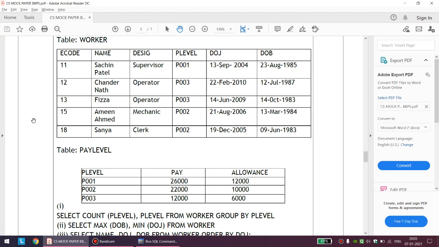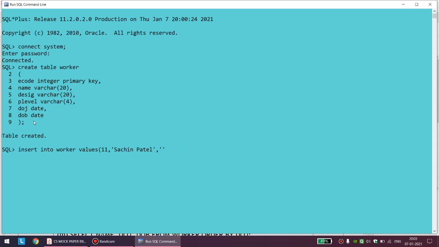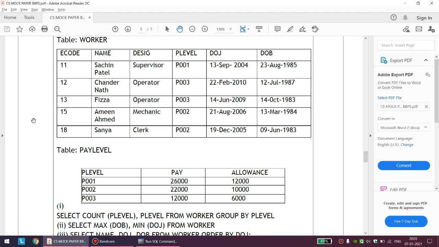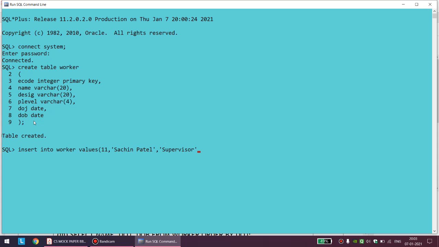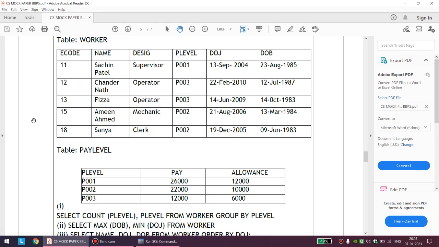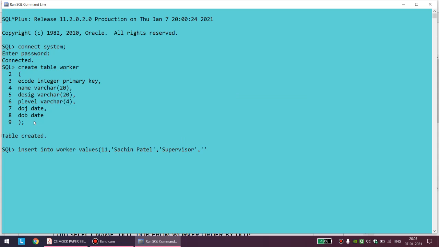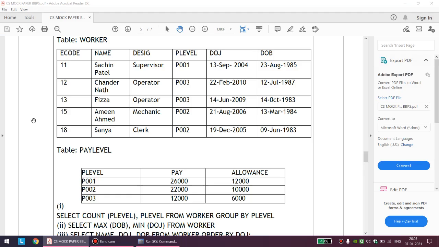I again repeat, if you are very clear with the creation or with this insertion, you can skip to the later part of the video where the solution of the output is discussed. Here I am just revising SQL, not only discussing the question. So P001, if I am not wrong.